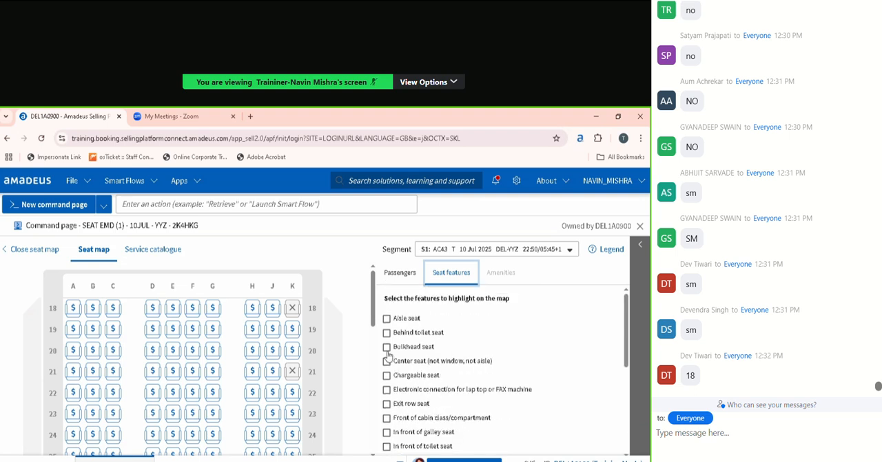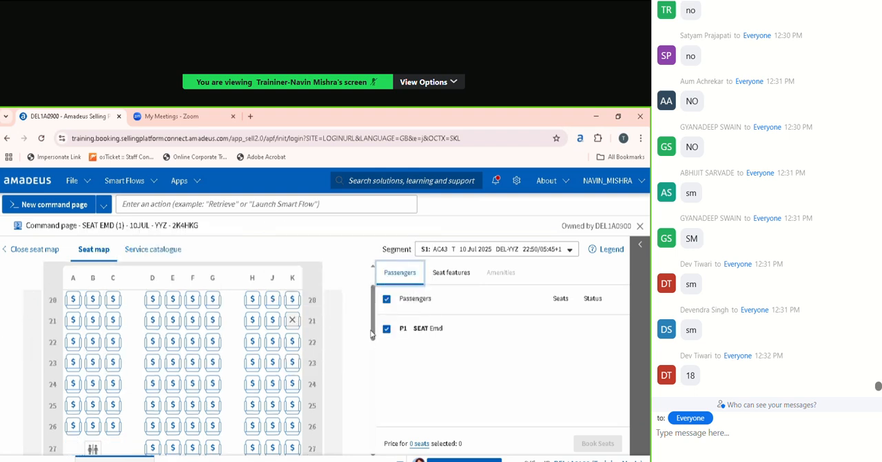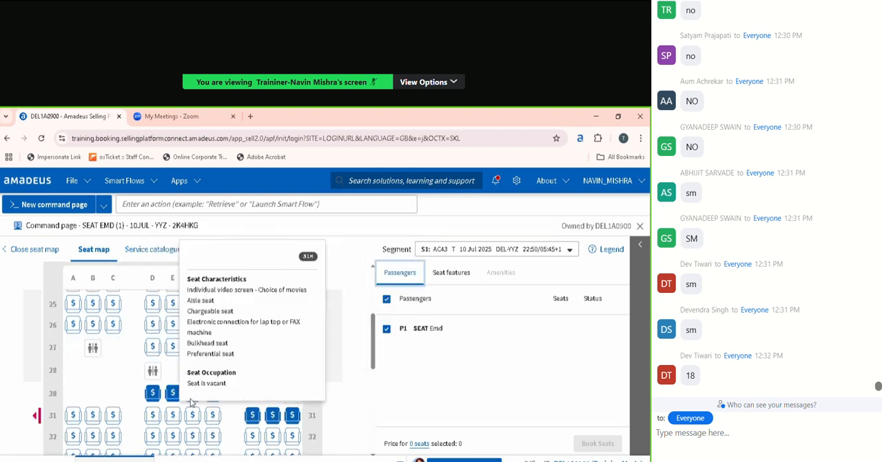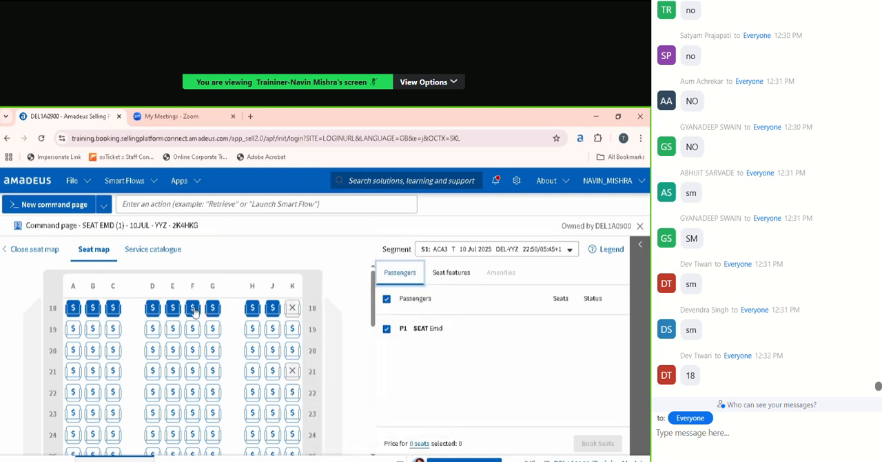So if you wanted a bulkhead seat, click on the bulkhead seat, and the system will automatically highlight those seats which are bulkhead. And how many seats are available? 16 seats. Clear? Come to the passenger tab. Now, all of those bulkhead seats are chargeable. Yes or no? These 3 seats and 4, 3, 7, 7 to 9, 9 and 4, 13, and 3, 16